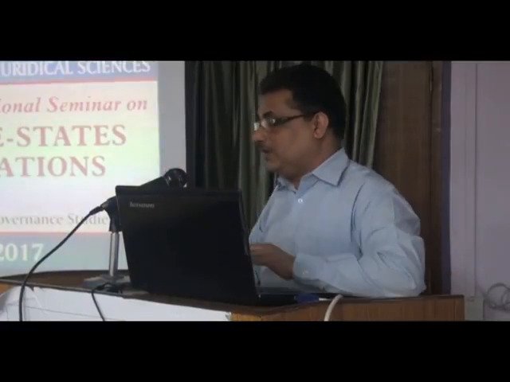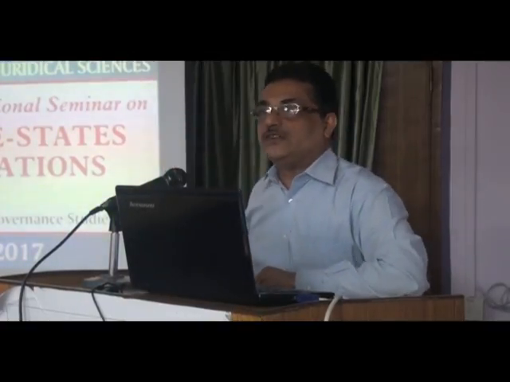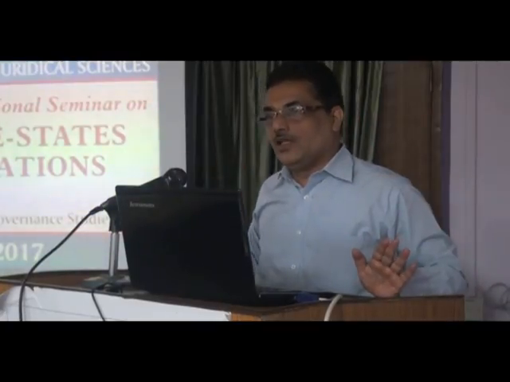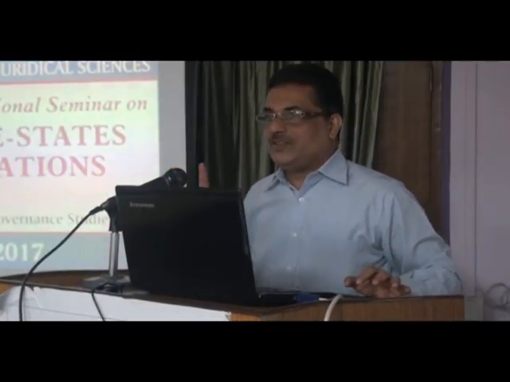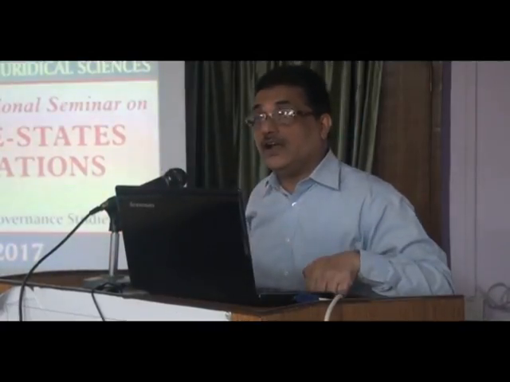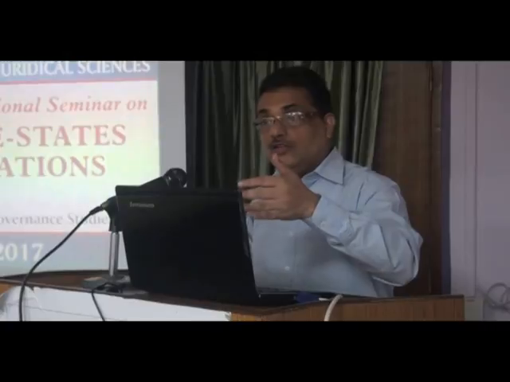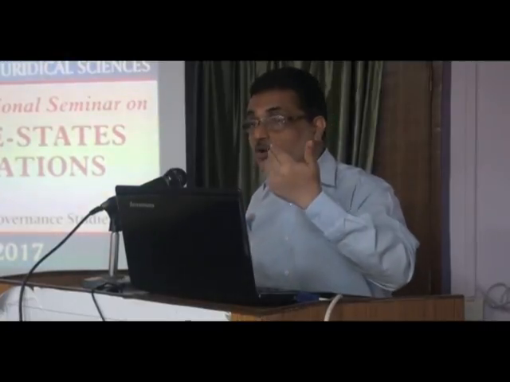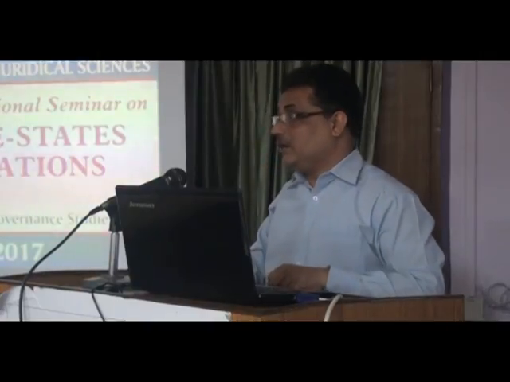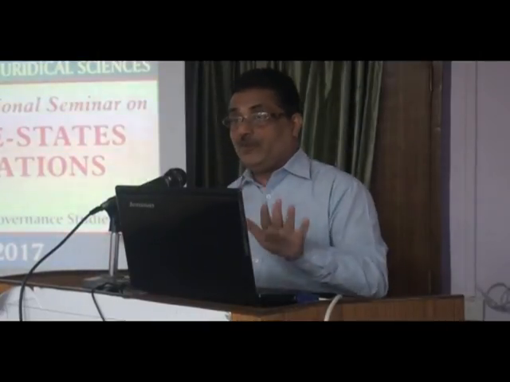Decide on principle what is the current rate of tax. Then all the ministers said yes, this is what we agree to. If the current rate is 5%, we should not tax it at a rate higher than 5%. Finally, it was resolved like that. Otherwise, I don't know what the GST exemption list would have looked like if it was decided in that manner. Finally, that agreed principle worked, I suppose.